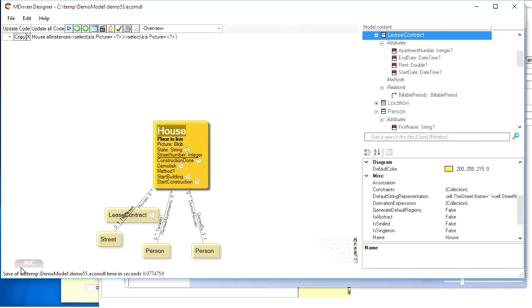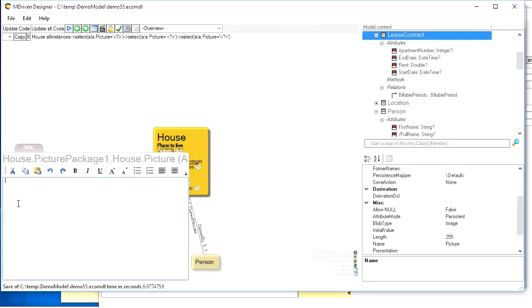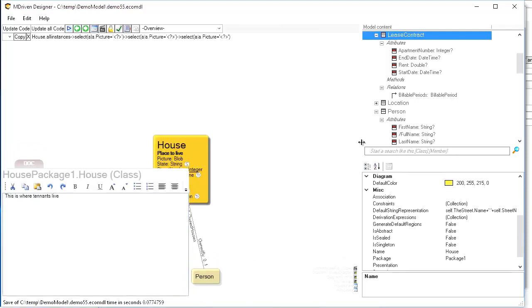Another way is to point at something and go for this documentation tab. When you click that one, you see that it has an edit box with more rich text editing capabilities, and this one points at house, and this is where tenants live. And if I were to point on anything else, I could write for that, and if I point back I get that text. And this is of course true for